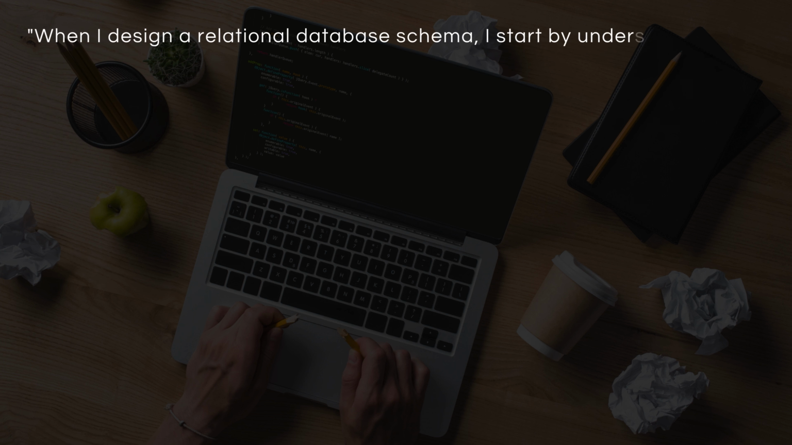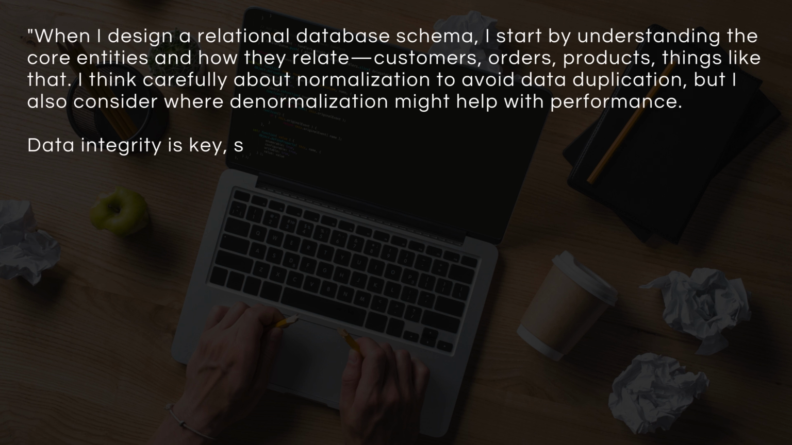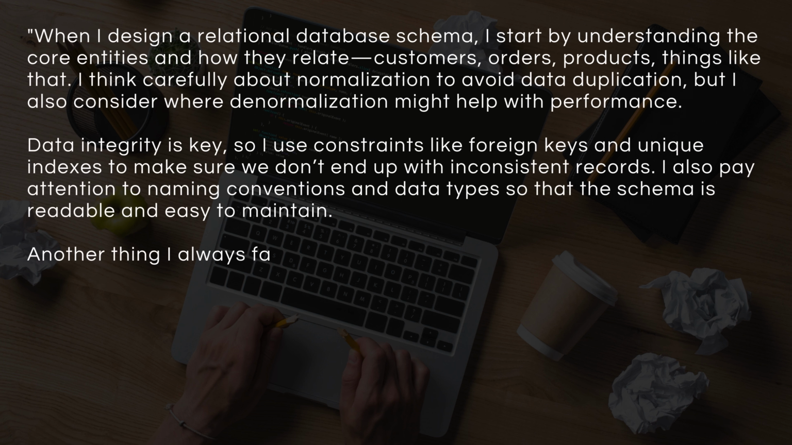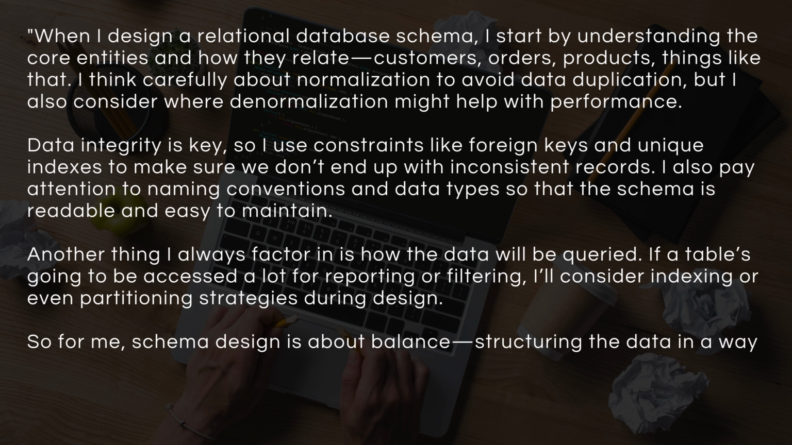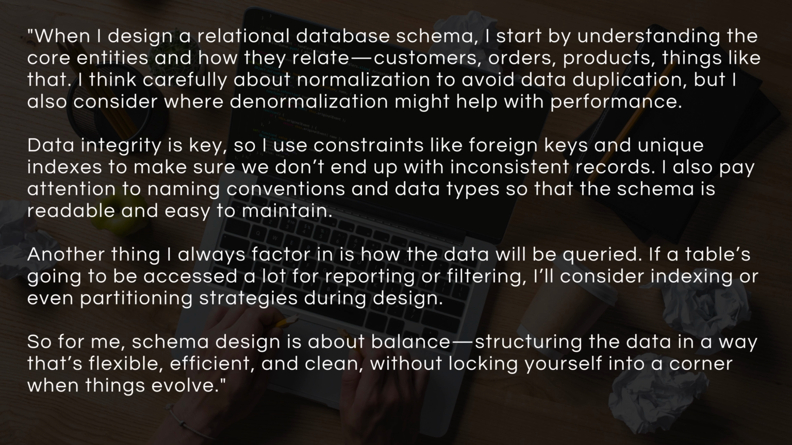When I design a relational database schema, I start by understanding the core entities and how they relate. Customers, orders, products, things like that. I think carefully about normalization to avoid data duplication, but I also consider where denormalization might help with performance. Data integrity is key, so I use constraints like foreign keys and unique indexes to make sure we don't end up with inconsistent records. I also pay attention to naming conventions and data types so that the schema is readable